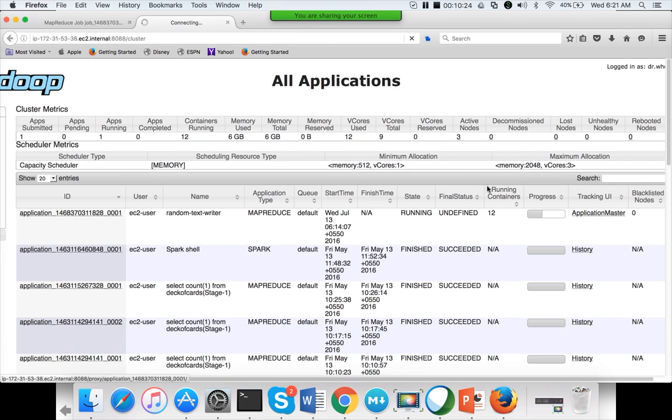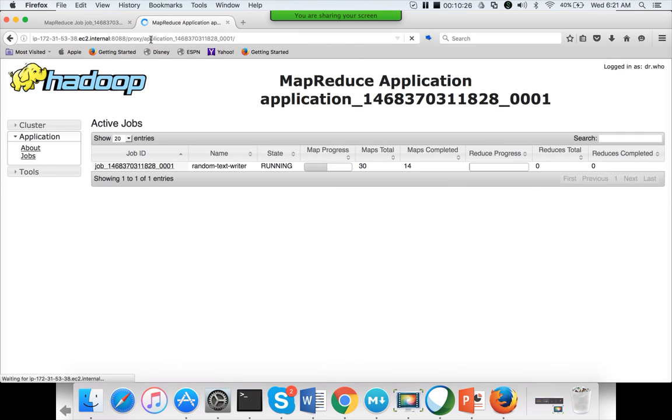If you click on this application master, you see it is taken to a proxy. This proxy is configured as part of the setting up of the cluster. So irrespective of wherever this application is running, we will channel through one centralized URL which will be running on the resource manager itself.